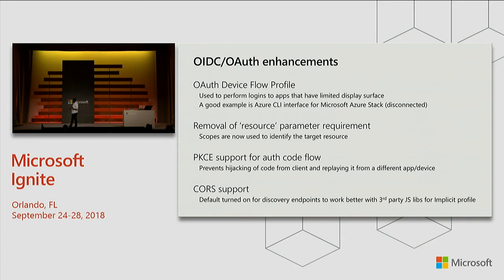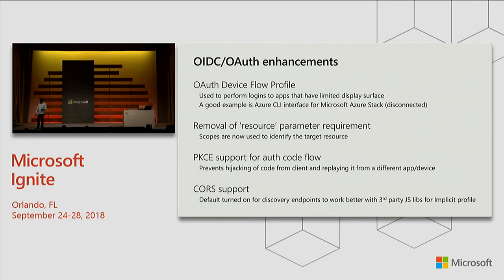The second area was more about a customer request. Typically, in the first rev of the OAuth specs, there was no provision for what's called the resource parameter that identifies the target resource. But we needed something in ADFS to define that in Azure AD as well, and we used this. And it was considered not compliant. And so third-party libraries interacting with the system couldn't work very easily because they need to send this additional parameter that didn't make sense.